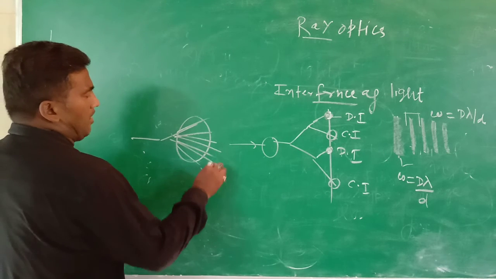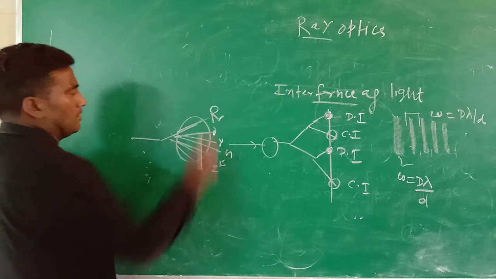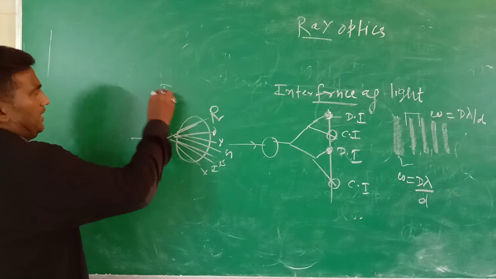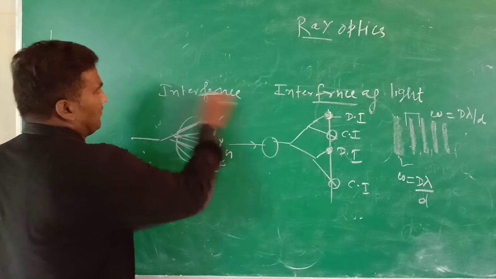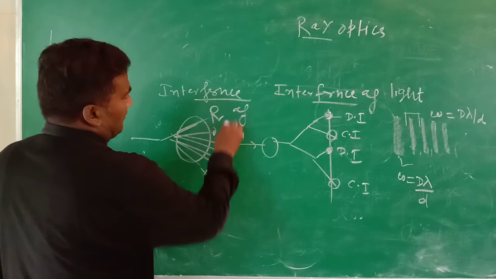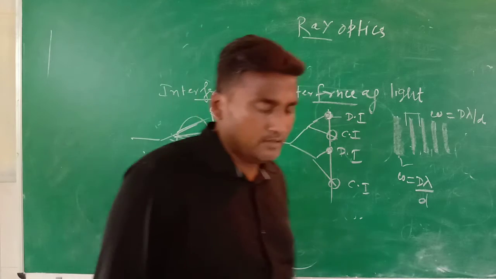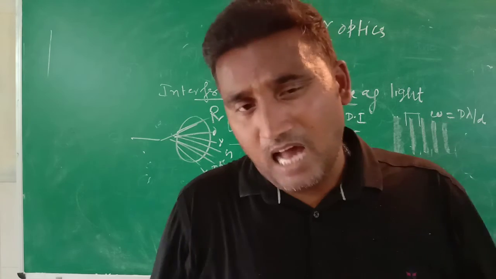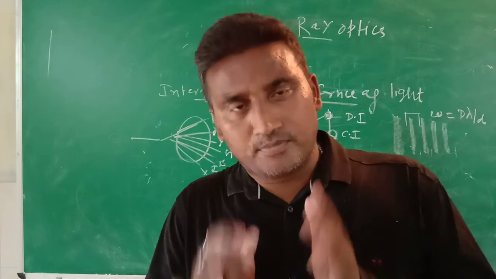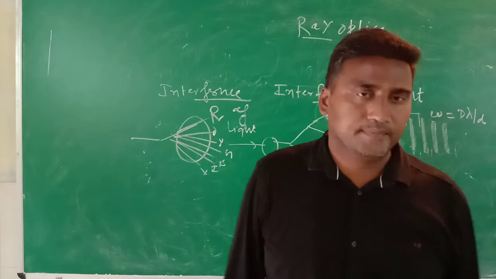That is an example of the view, and it is also an example of interference of light. When a peacock swings or flaps its wings, we can observe seven colors of light. That is also interference of light.